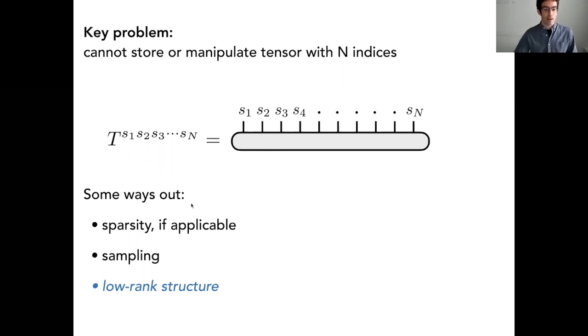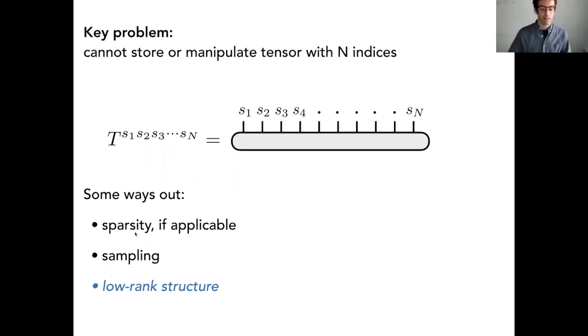And there's various ways around this problem. So one that's under very heavy investigation in the math literature is using various kinds of sparsity. So if you know or only have some of the entries of your tensor, or if you know most of them are 0, then there's a lot you can do. And there's a very, very interesting literature about this, but that's not what I'll be talking about today. So that's a very important case.